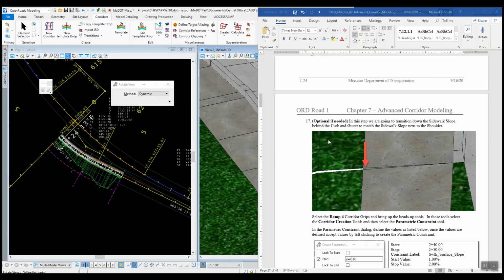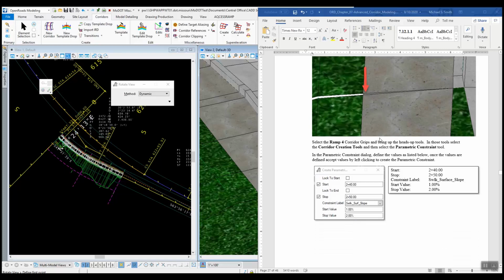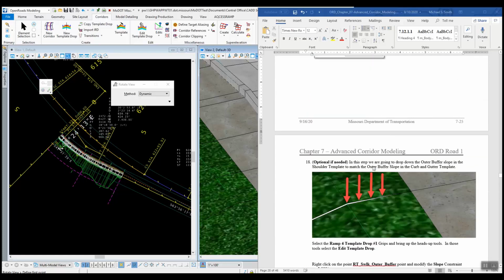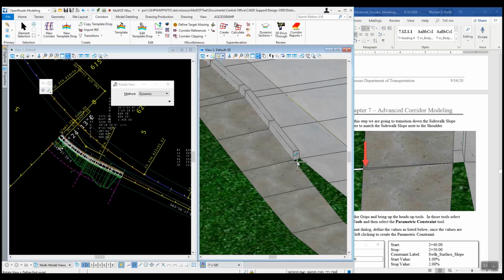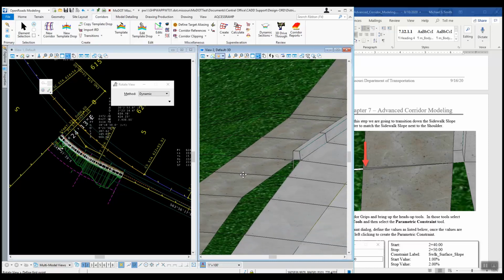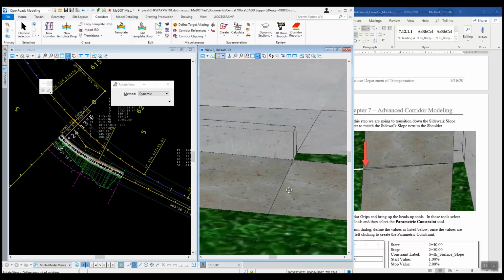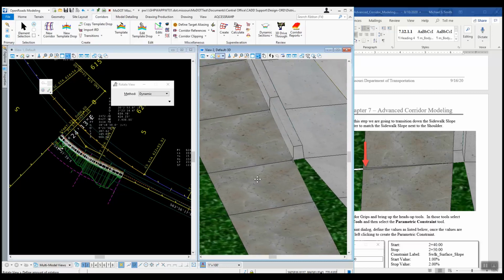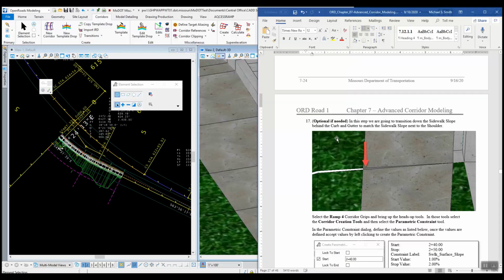As you can see, the next few steps in here are optional if your sidewalks didn't match up here and your end condition didn't match up there. So there's a couple of different things you could do towards the end if they didn't. On the one that we did, this is the location it's referring to. If this portion of the sidewalk over here didn't line up quite right for whatever reason, there are things you can do to get that to fix itself, and also with the end condition. Ours lands perfectly, so there's really nothing I need to do optional-wise. But if you wanted to take a look at the optional portions of this,